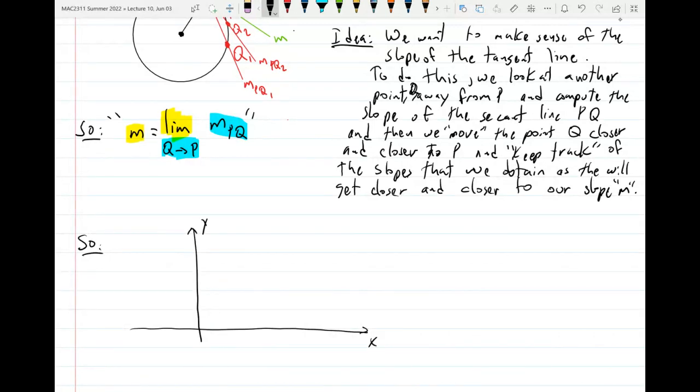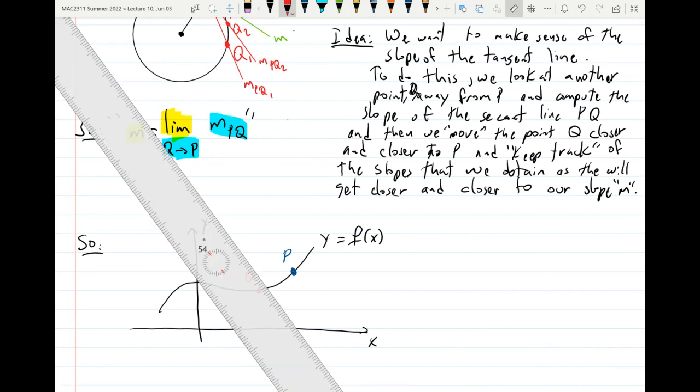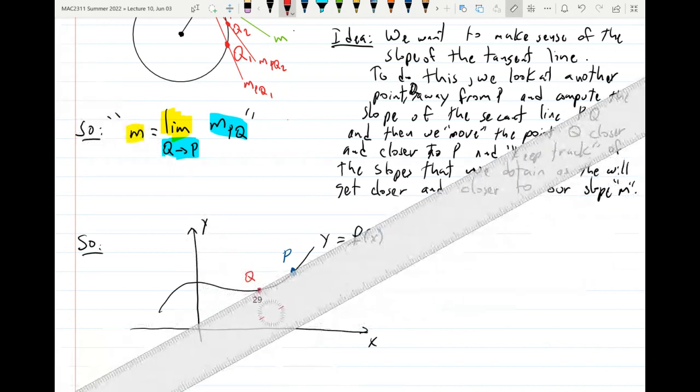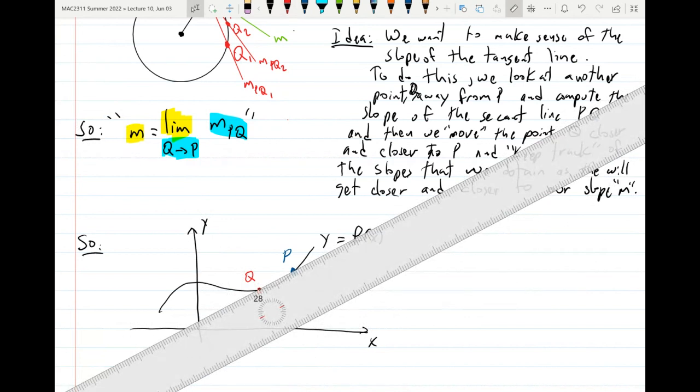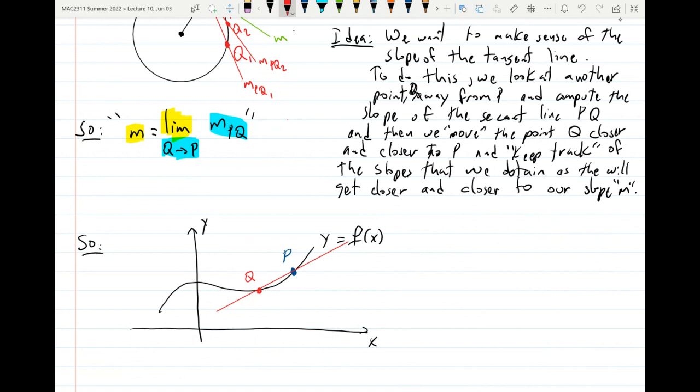Let's say that we have a general function y equal f of x, and then let's say that here is a point P, and then once again the idea is here will be our point Q. We look at the secant line through P and Q. So this line, the slope is MPQ,